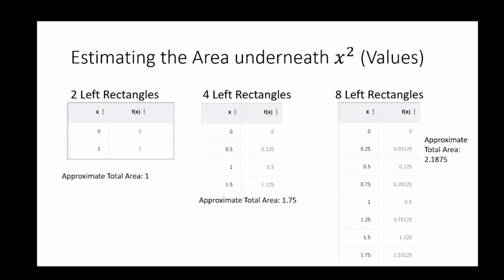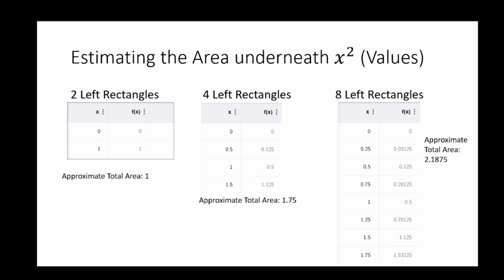The total of this is 1.75. For 8 rectangles, we have the same thing with 8 moves, and the value of Δx is 0.25, and the area is going to be